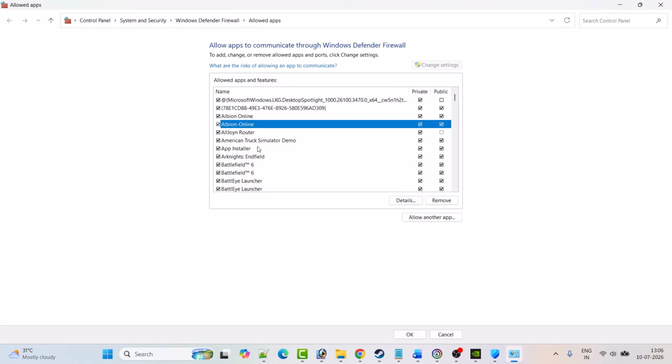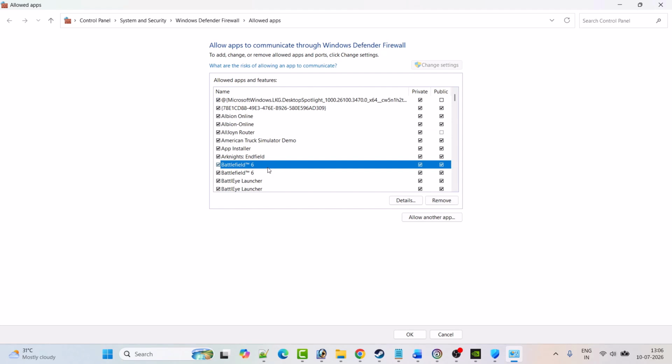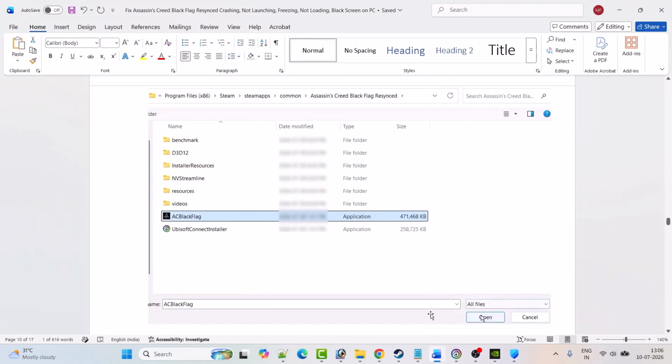After adding it, look for it in the list, and next to the game, make sure both private and public are ticked. This is just an example. You have to make sure that Assassin's Creed Black Flag Resynced game is added over here and both private and public are ticked, and then click on OK to save changes, and then you can go ahead and launch